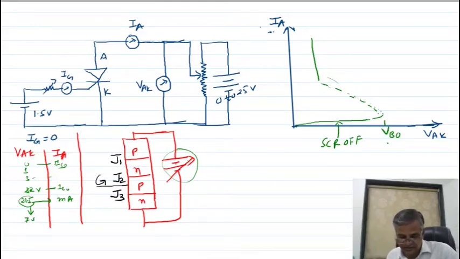You can see here this voltage immediately becomes less and the current is more. Here the current is less, leakage current. As this voltage is more than the breakover voltage, immediately the current becomes of the order of milliampere. The reason is that the conductivity increases. As conductivity increases, this resistance decreases, the voltage across this resistance decreases. So the voltage across this decreases from 21.5 to 7, meaning less.